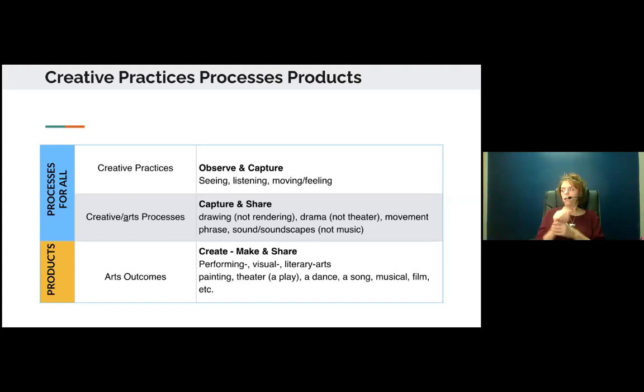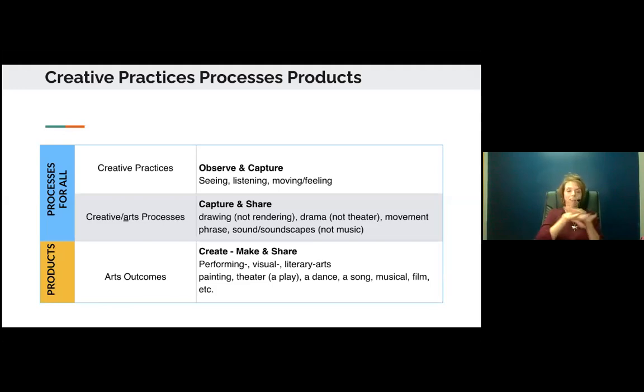and I guess a shout out to Ken Robinson. That was a big loss recently, but he was talking about how education is killing this creativity, and we're being taught that we can't draw. So in that middle line, we talk about drawing versus rendering. Anybody can draw, and Linda Berry does a great job of making drawing accessible to everybody.